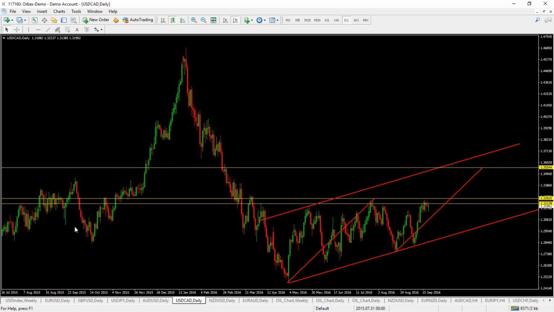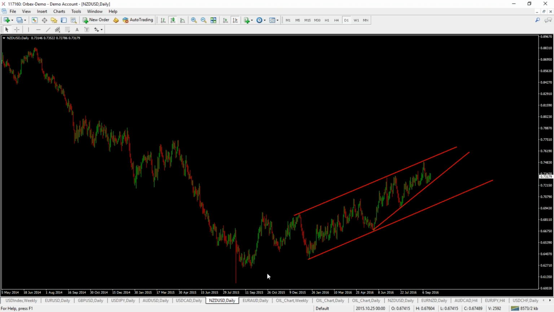And then finally, let's take a look at the Kiwi. The Kiwi, a really interesting chart at the moment, because you can see, unlike the other commodity currencies, the Aussie and the loonie, we've actually managed to break higher this year. So the Kiwi has actually sustained bullishness and broken out. And you can see we've been trading within this broad bullish channel over the year. However, over the last few months, you can see that bullish momentum has started to wane and price action has started to stagnate, and we've actually got the formation now of a bearish wedge within the upper half of this bullish channel. So this is a clear, classic bearish reversal pattern